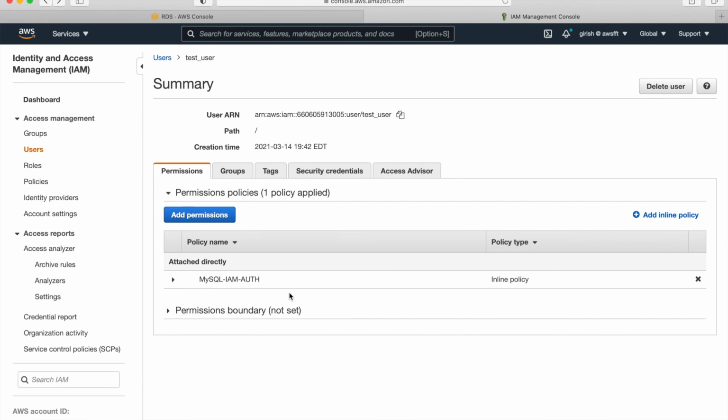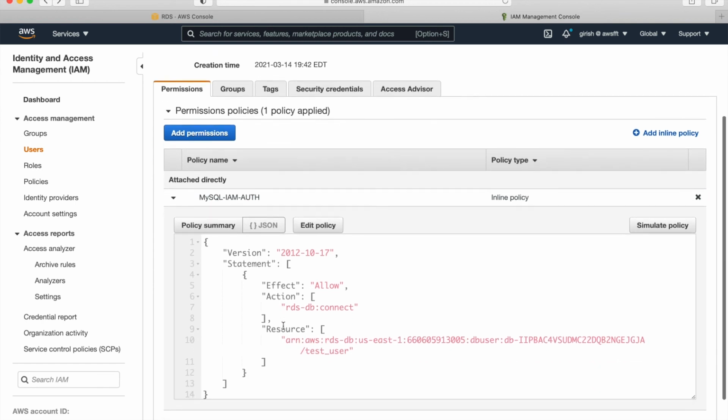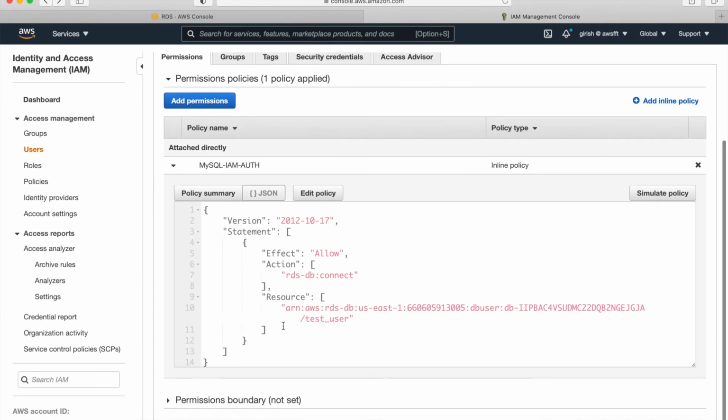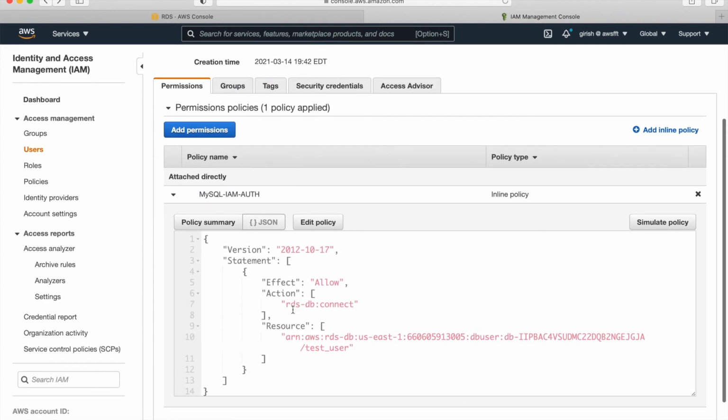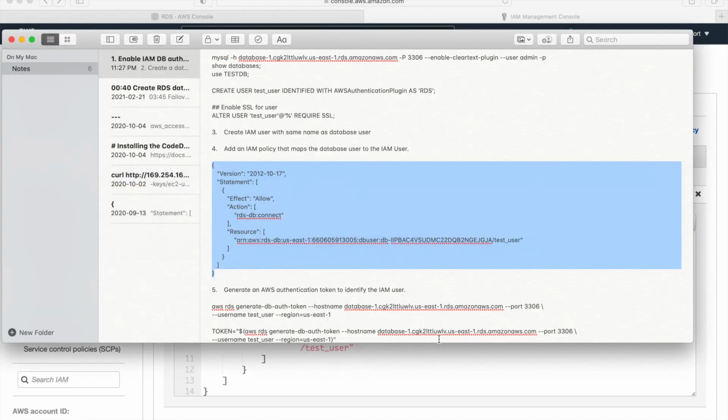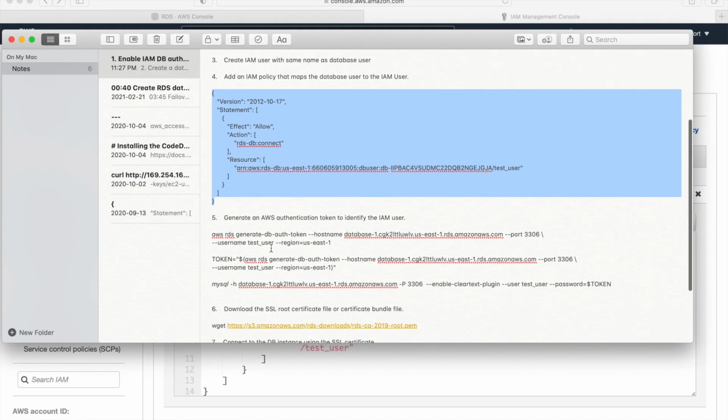So that is how you can add an inline policy. This is just an easy method to do. Otherwise you can create your policy and then attach it to as many users as you want. So you can see the action, which is rds-db:connect. This is how we are giving permission for this IAM user to connect to this particular resource, and this is actually the key of what we are doing.